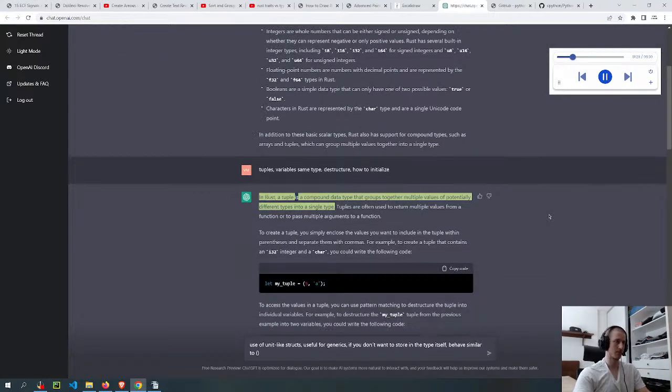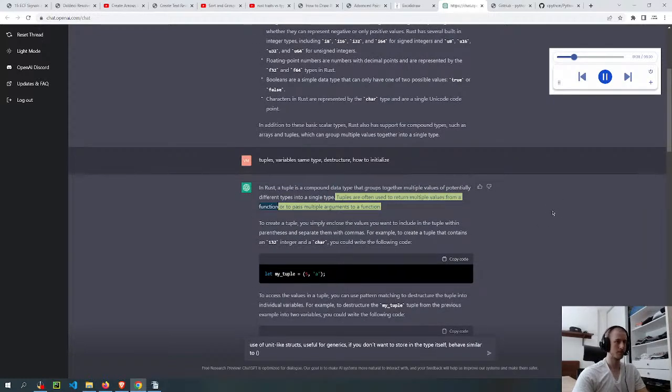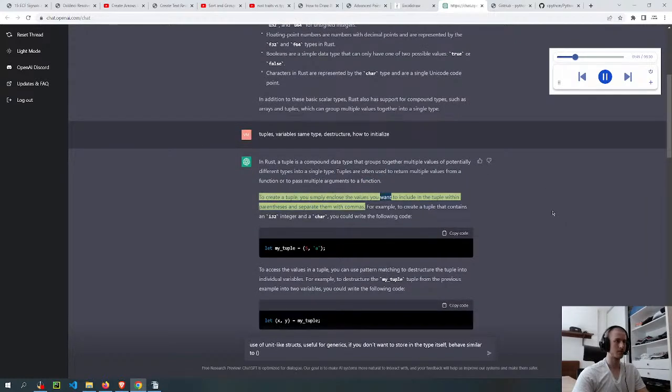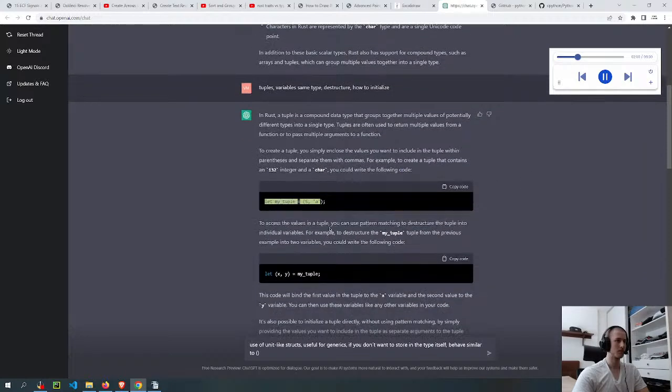In Rust, a tuple is a compound data type that groups together multiple values of potentially different types into a single type. Tuples are often used to return multiple values from a function or to pass multiple arguments to a function. To create a tuple, you simply enclose the values you want to include in the tuple within parentheses and separate them with commas. For example, to create a tuple that contains an i32 integer and a char, you could write the following code. let mytuple = (5, 'a');